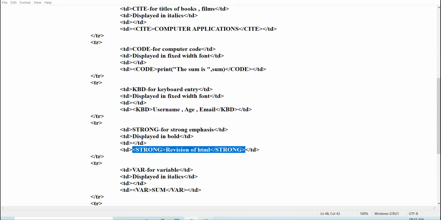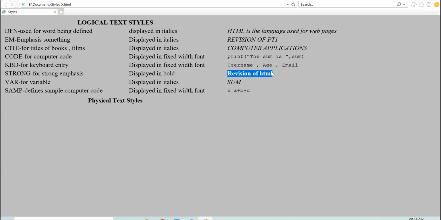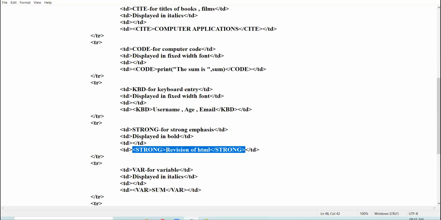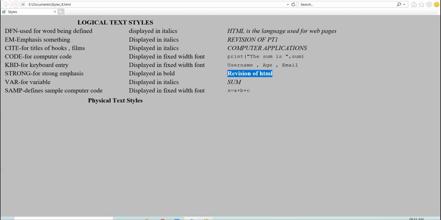See the output. Now see carefully here. I have not used any bold tag over here. The strong tag itself displays the text in bold form. Am I clear? Up till here, am I clear?